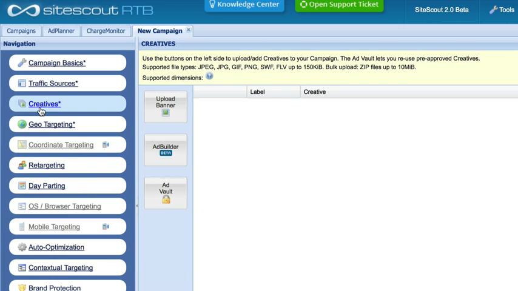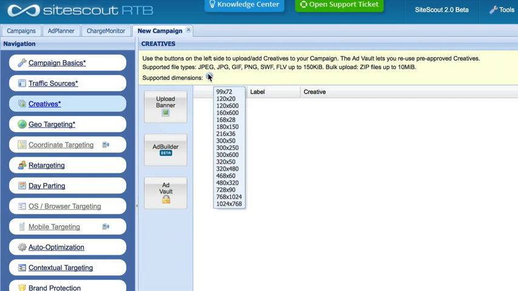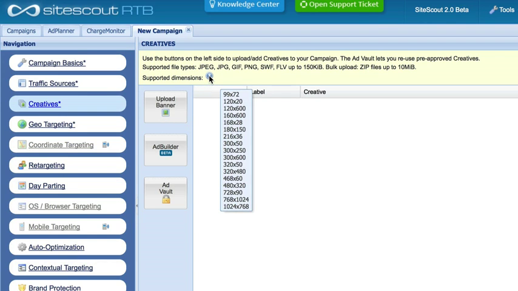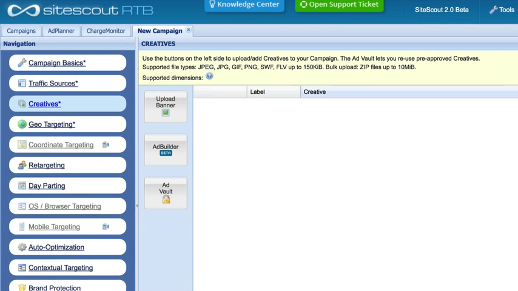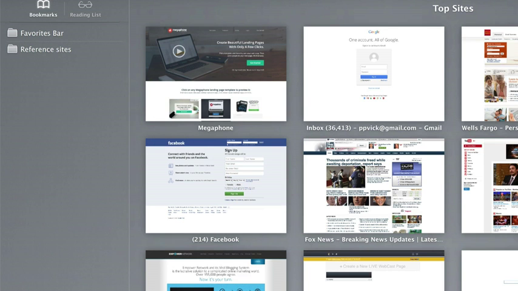And then the last thing we need to do, actually before last, is we'll go to creatives. This is where you actually load up your banners. I'm not gonna do this with you because it's very easy, very simple to do. If you just hover over this little question mark, here are different dimensions, different sizes for your banners that are allowed for this network. What I'll suggest you do, if you're gonna do this, which I don't see why you wouldn't, this is so good, is go to a page like